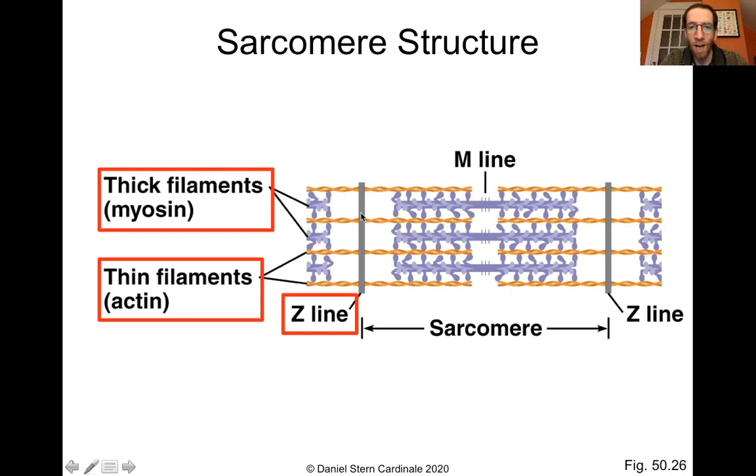The sarcomere spans from Z line to Z line. The region in between is a single sarcomere. In the middle, we have the M line. This is not a structure like the Z line. It's just a region in the middle where at rest there is no actin present. So it's where the myosin, the thick filaments, kind of line up, but it is not a physical structure. Think about it like the metaphase plate, a region where things are aligned, but it's not a physical thing that actually exists. It's just a region within the organization of the sarcomere.